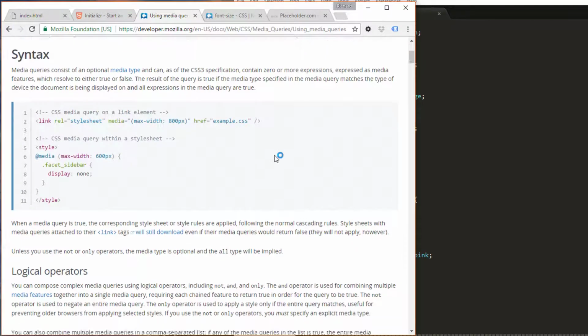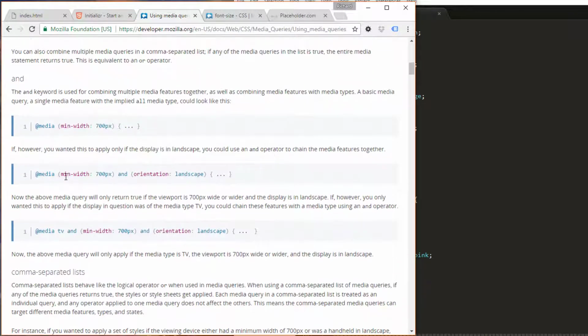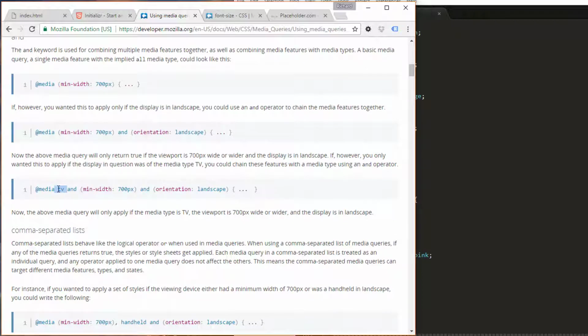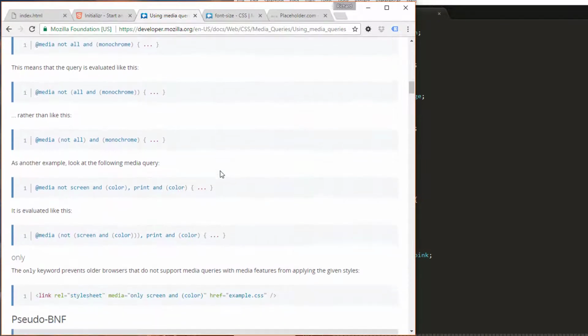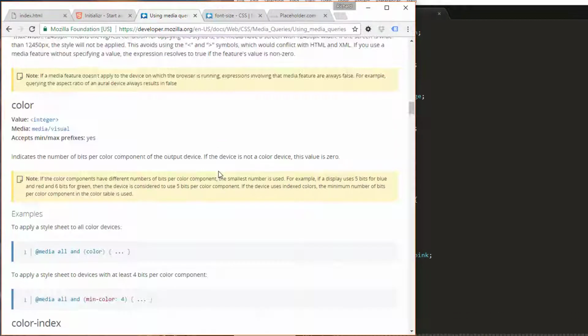Now on this page, you'll see there are different kinds of rules you can apply. You can do @media, min-width 700 pixels, and the orientation is landscape. So if you're on a mobile device and you want some special styles when they're in a landscape view, you can do that as well. In this space here, you would include your special CSS styles. You could target TVs. You could target handhelds here. You can target a lot of different things and a lot of different measurements,